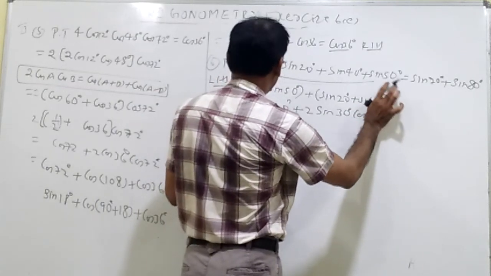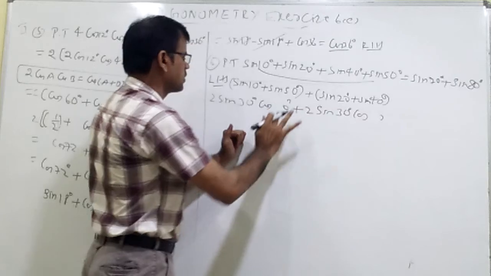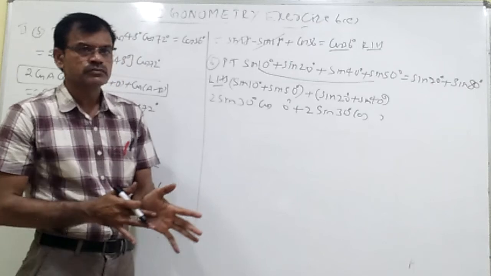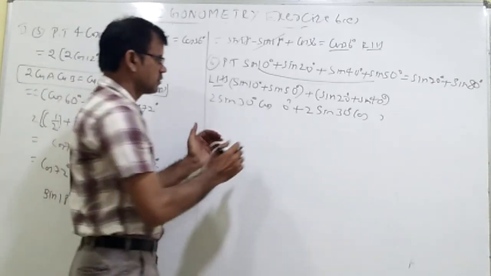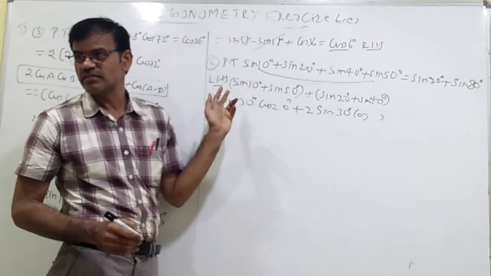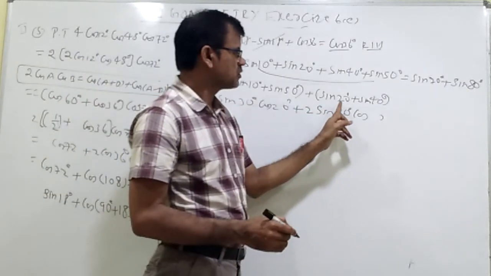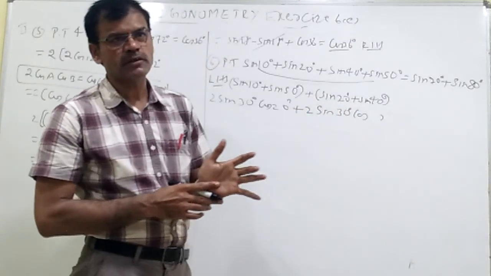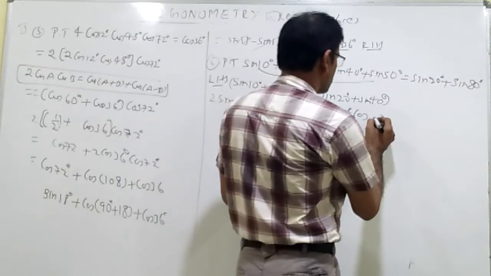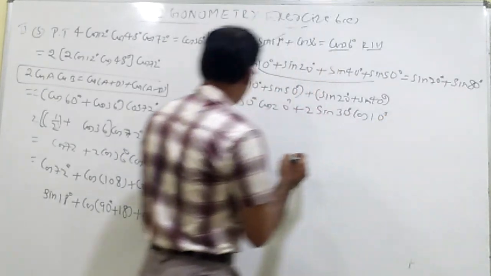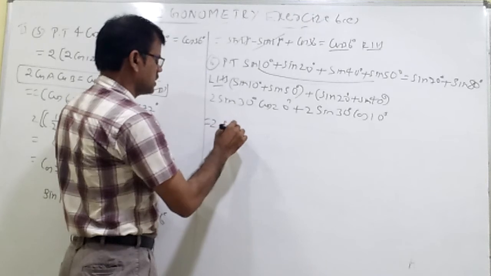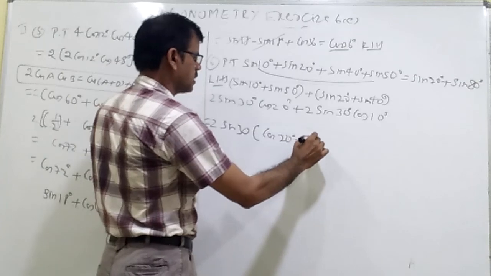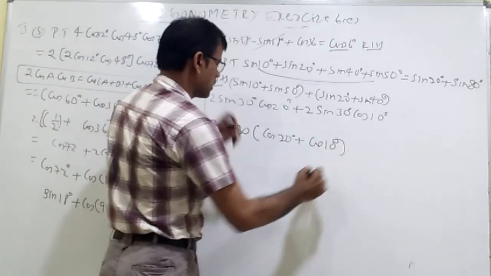Into cos, of course, 2 sin C plus D by 2 cos C minus D by 2. 10 plus 50, 60 by 2, 30. 10 minus 50, 40, 40 by 2, 20. 20 only had it previously. Now this is also 20 plus 40, how much? 60 by 2, 30. 20 minus 40, 20, 20 by 2, 10. Now 2 sin 30 you can take common in both. So it becomes cos 20 plus cos 10.